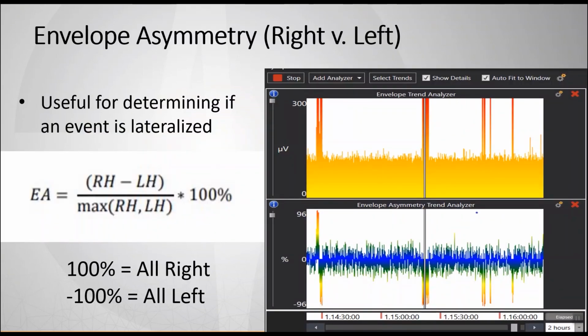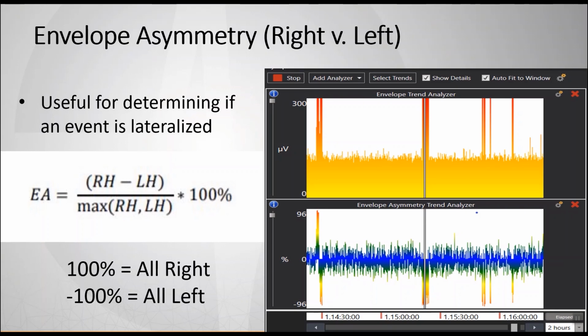So here's the envelope asymmetry, and it is the right versus the left. If you look at the upper trend, that is simply the envelope trend, and beneath that is the envelope asymmetry trend. So when we choose the asymmetry trend in our settings, we choose electrodes, let's say on the left side, and it populates electrodes on the right side for us so that we have a direct comparison. What we're looking at is a comparison of left to right,